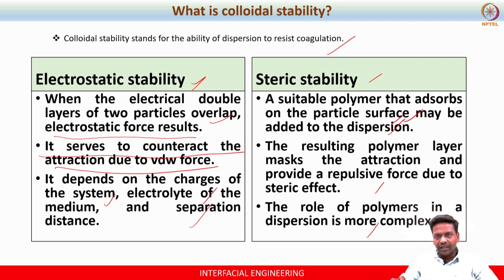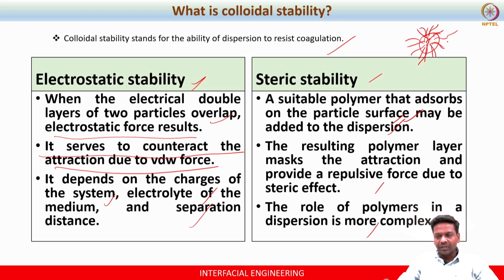Because when a polymer layer is formed around the surface, let's say you have a particle surface here and you have the polymer brushes, when you graft these polymer brushes on the surface of the particles, what happens is that when two particles come very close to each other, there will be overlap, right? The polymer molecules will overlap, and there will be a steric hindrance that will not allow the particles to come very close or penetrate further. So this will act as a repulsion, right? It will provide a repulsive force.